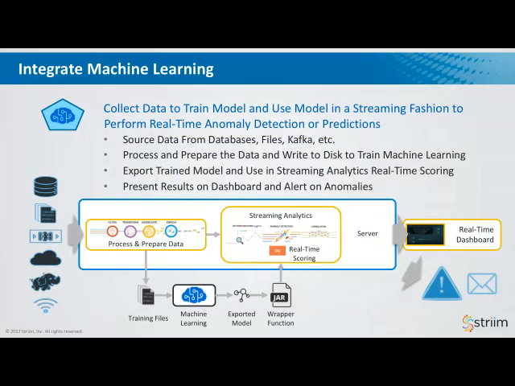So if you take a look at this flow, you take the data wherever it's coming from, IoT and maybe some enterprise data, join that together, prepare it, get it into the right format, write that out to files, and then have data scientists run their magic against the files and build a machine learning model. And obviously test that, validate it against the data, ensure that it's correct, export that model, and then utilize that within a streaming architecture.